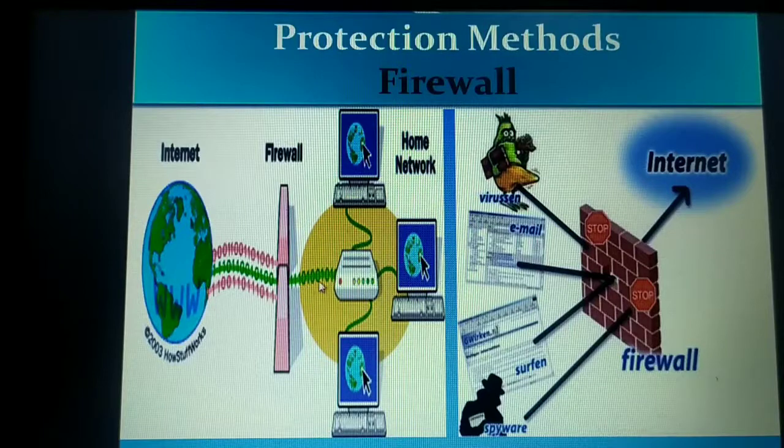If the packet satisfies certain security or user defined security rules, then this firewall will decide to let your packet move out of your network. Otherwise, if any incoming packet is there, that packet also should undergo certain user defined rules. If it is satisfying those criteria, then this firewall will let that packet come from the internet and enter into your private network. So this is the main job of the firewall.